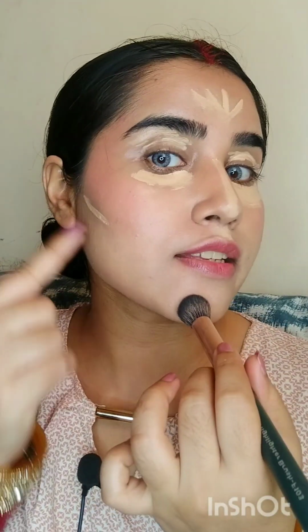I'm just going to curve down over here as well to give that snatched look. See, again I'm going to use this brush and I'm going to blend it first over here, then my cupid's bow, then my chin, then my nose, then my forehead, and then my under eyes, and this one. Okay,